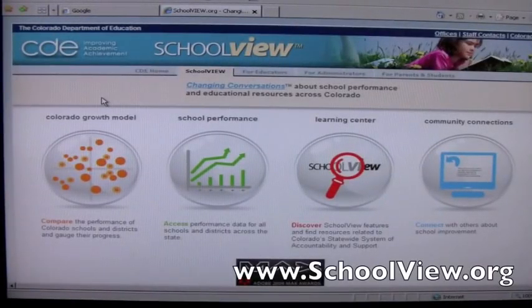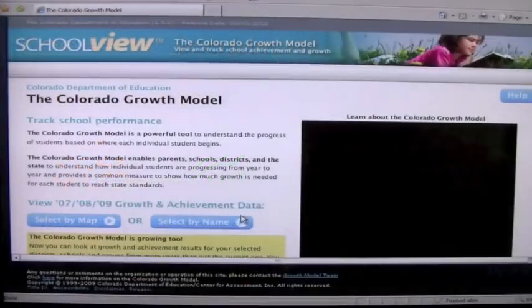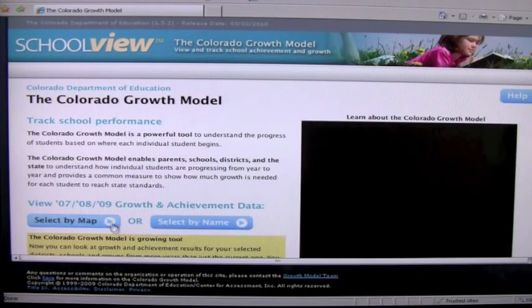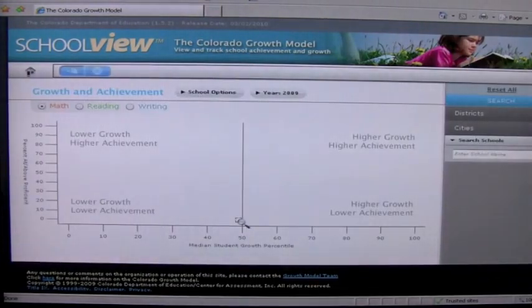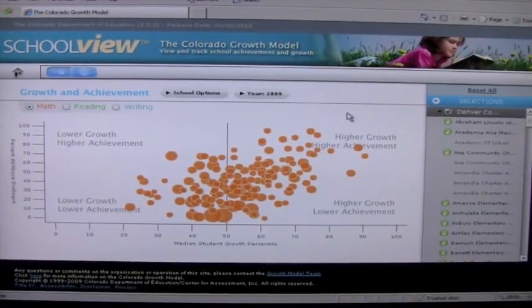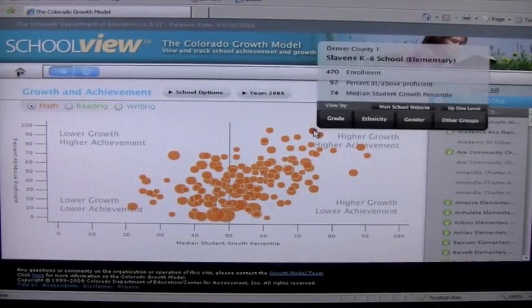Well, if we go right to SchoolView, www.schoolview.org, this is where we land, and we're going to go ahead and click on the Colorado Growth Model. We're going to select by name. We can also select by map if we're not really sure where we want to take a look, but in this case, we're going to select by name, and we're going to pick Denver. And now it shows us all of the schools in Denver County,